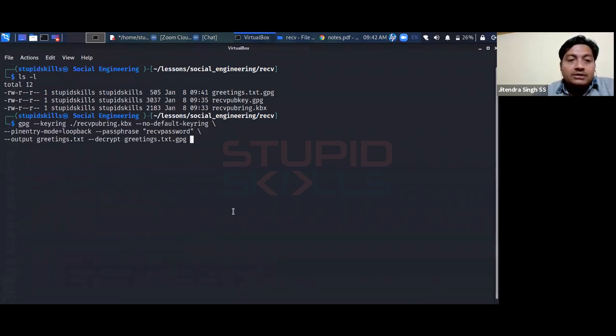Okay. So you will specify his own keyring, then specify pinentry mode as loopback, then passphrase. Now because we are in the same machine, right? So that's why we give the passphrase that we kept while creating the key pair. Then we give the output, the file name in which we want it. Okay,